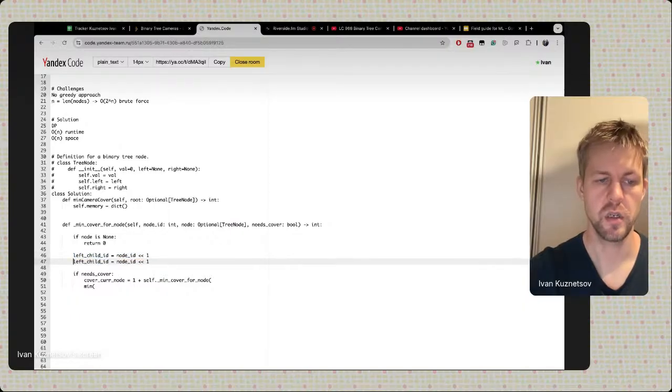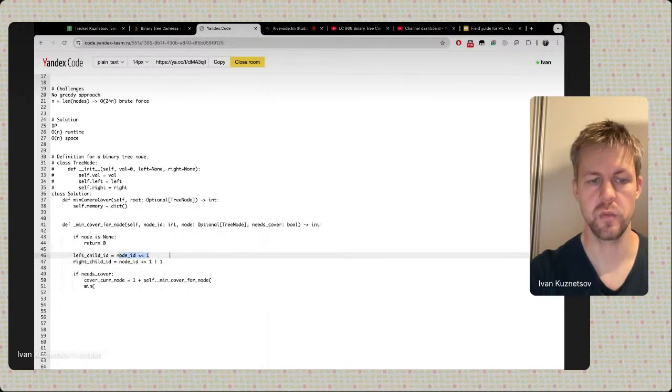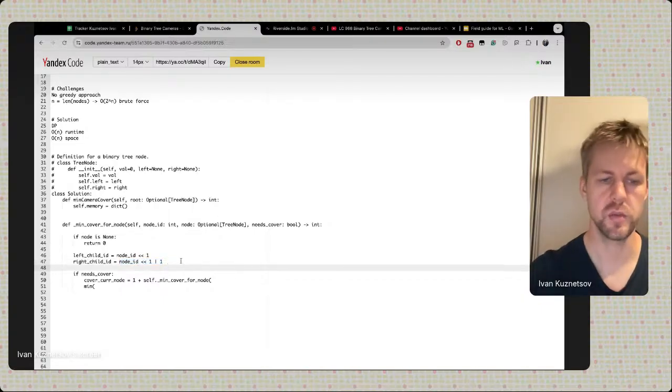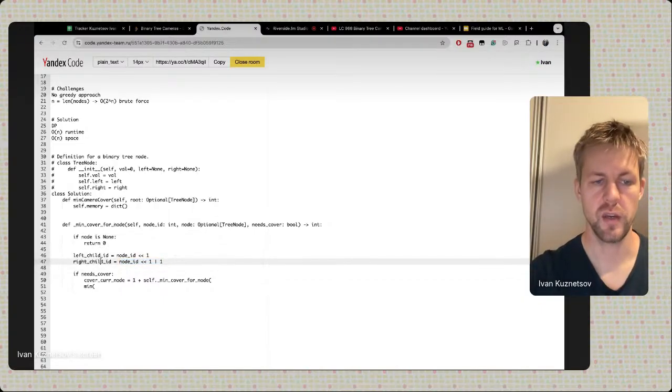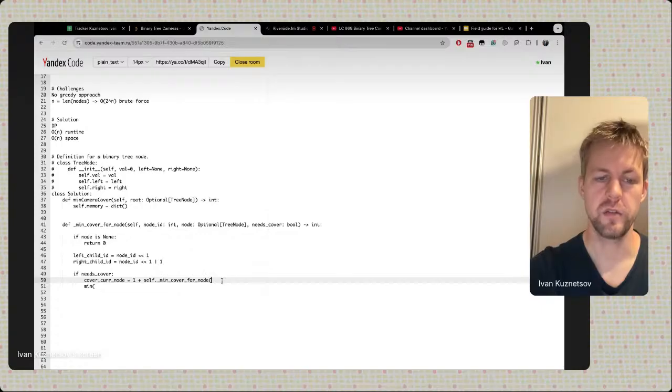So right child ID will be this or 1. Yeah, so here the last bit will be 0, here the last bit will be 1, and all the other bits will be moved by 1. So now we have left child ID and right child ID, and then if we cover the current node,